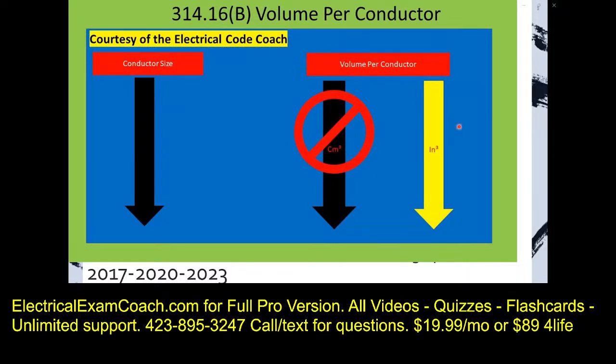And it's right below there. It's 314.16(B), and this one's very simple to understand. On the left-hand side is our conductor size, and on the far right-hand side is going to be our cubic inch volume. Every box can only handle so many wires and devices, and that's what we're going to learn in